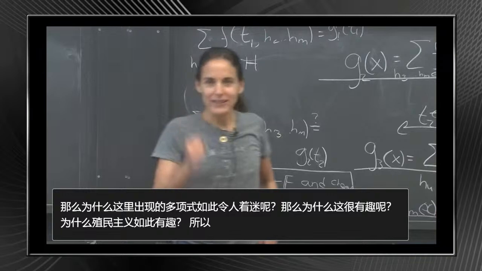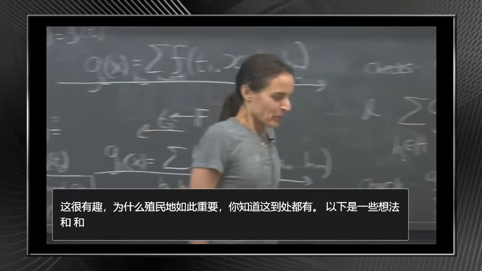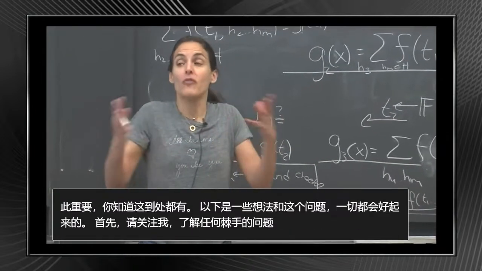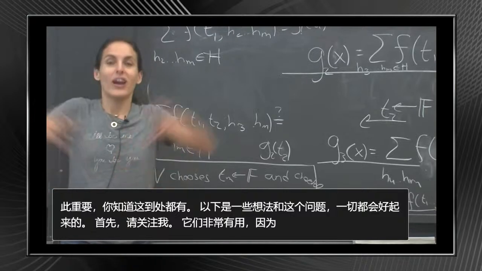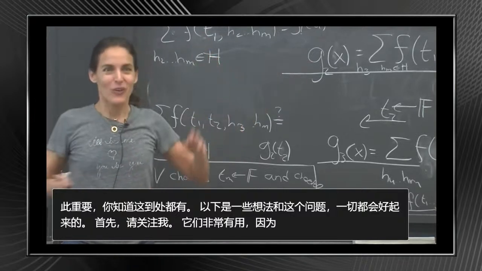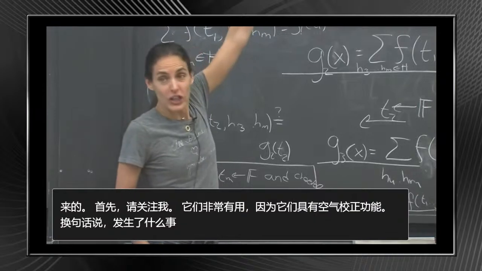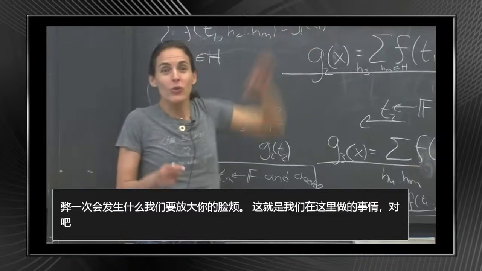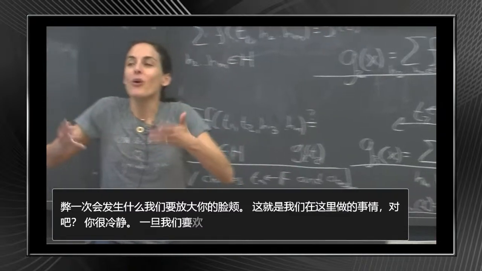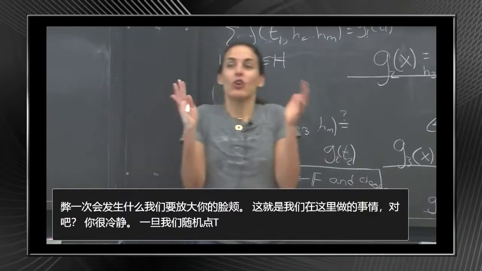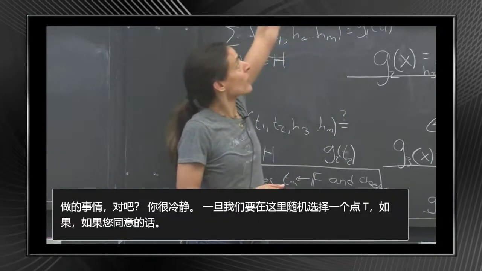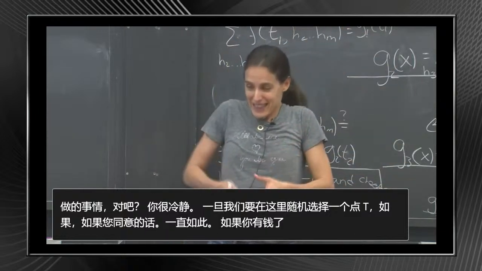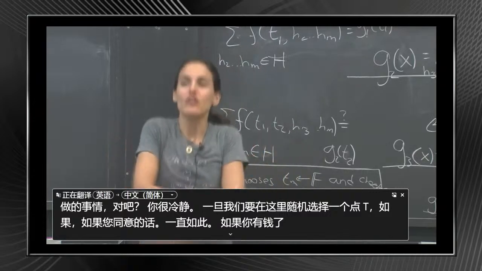So here's my take on this question. First of all, polynomials are in themselves very useful because of their power of error correction. In other words, if you cheated once, we're going to amplify your cheat. That's kind of what we do here, right? You cheated once, and for a random point t, if you're low degree, and we're assuming that this prover gives low degree all the time, then the cheat must correspond to a cheat in a random point.